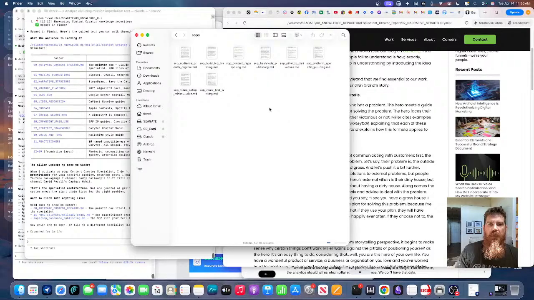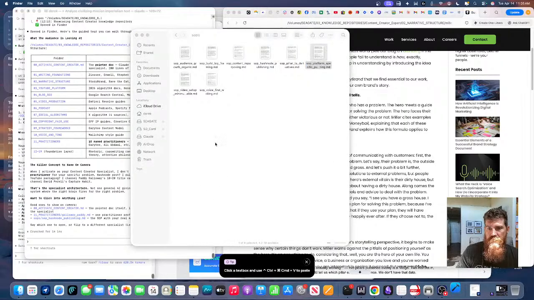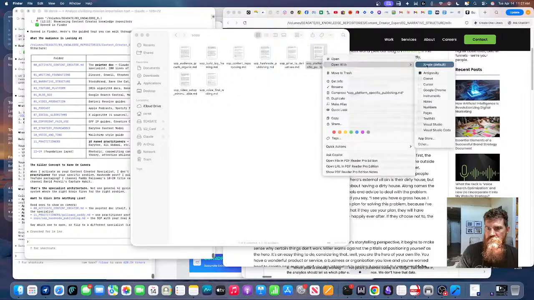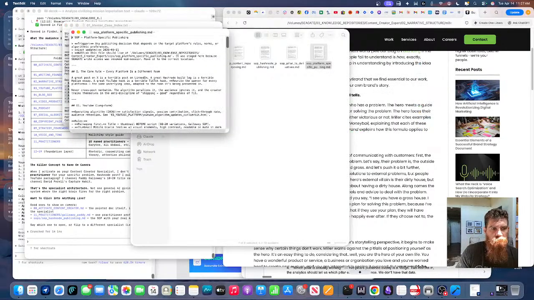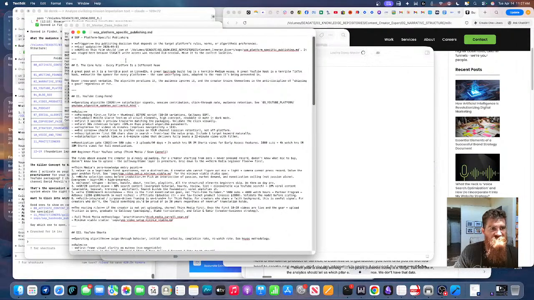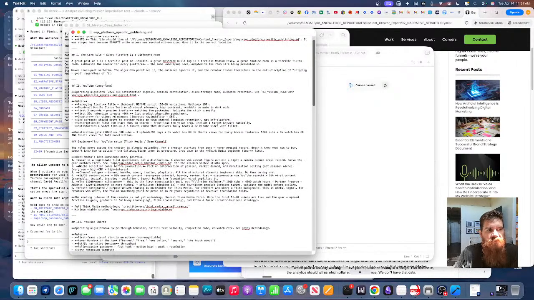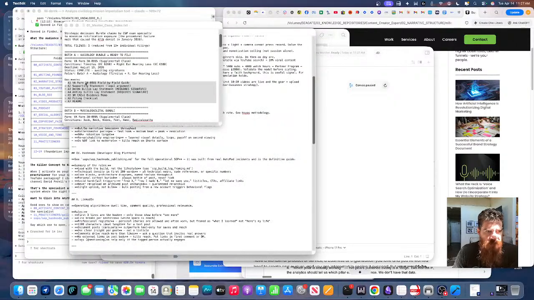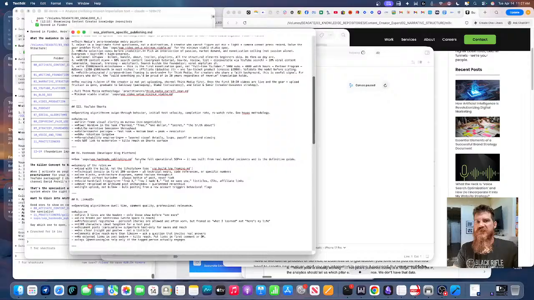So for instance, here's an SOP on platform-specific publishing. So open it up, and it's just a simple SOP about platform-specific publishing. Just a simple text document. I didn't write this. The agent created this, and this kind of created the case for how it thinks. So when it's talking to me in the chat thread, it has all these different operating procedures to give me advice from. So you have a personality layer, and you have a knowledge repository layer, and those two things combined